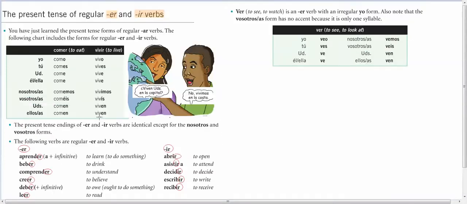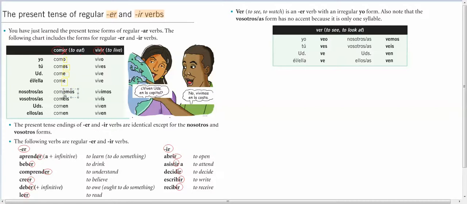Okay, and you're going to do the exact same thing that you did with your AR verbs. When you conjugate ER and IR verbs, the first thing you're going to want to do is take off the ending, but you keep your stems, which is everything that comes before the ending. So you're going to keep your comb, and you're going to keep your beeb, okay? And then what you add, for ER verbs, is an O, an ES, an E,